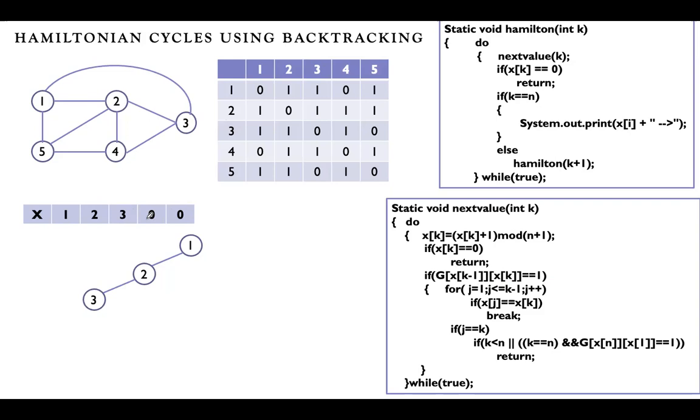Next location. Again, for every location, it will start with 1, then go to 2, and then 3. The third vertex is also already included in the graph cycle. So we'll take 4 here. When you take 4, again you check 3 to 4, whether there is an edge or not. 3 to 4, yes, there is an edge from 3 to 4. So we can consider the fourth vertex at this location.